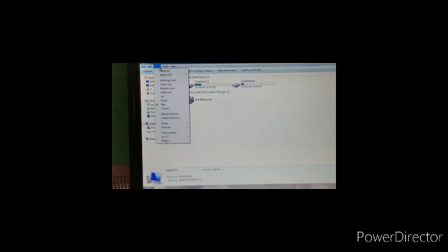I am going to explain some basic points about those menus. With the help of the file menu, you can use different options from here.